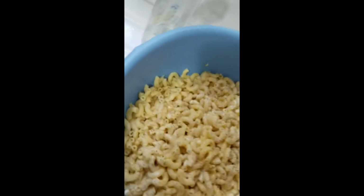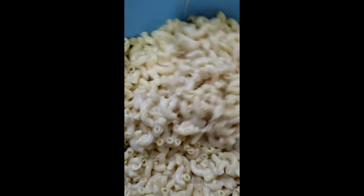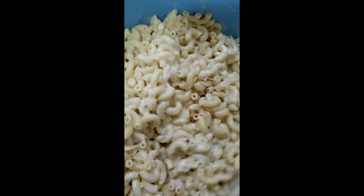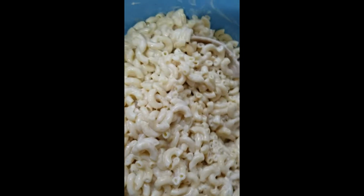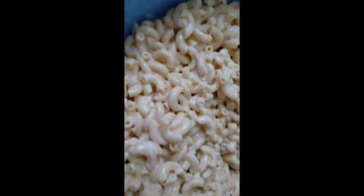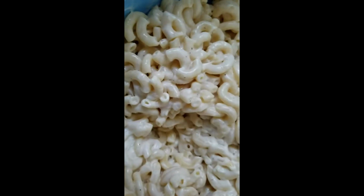So what I like to do after that is I like to get in here and really mix everything together before I even put the cheese in. And I mean, give it a really good mix, almost like I'm mixing a cake or something like that. This is my secret. A lot of people just put everything in the pan and expect it to melt together. I literally will mix this until every single solitary piece of it